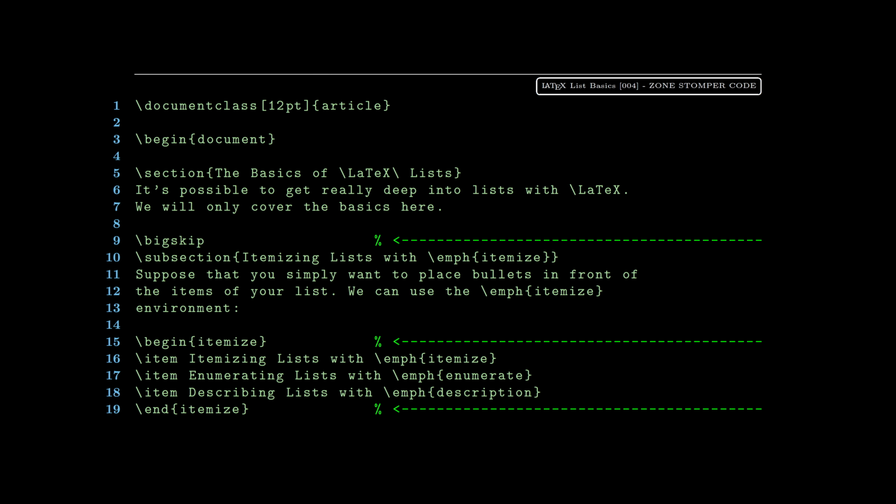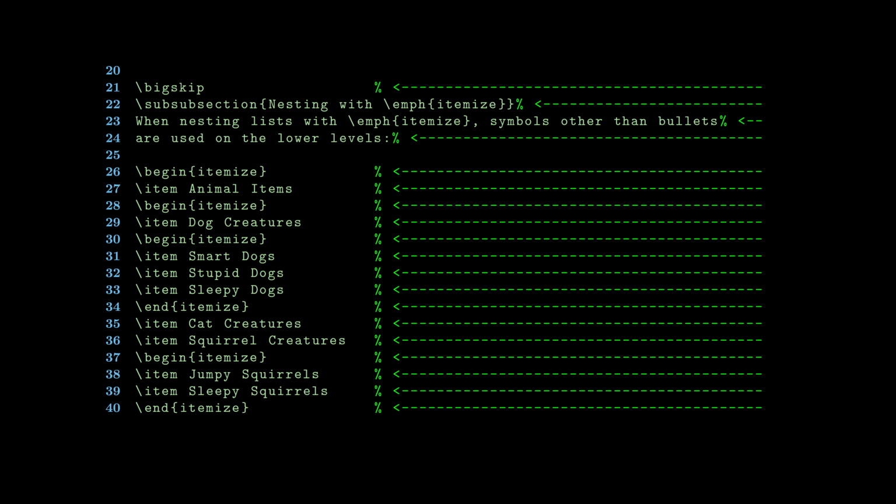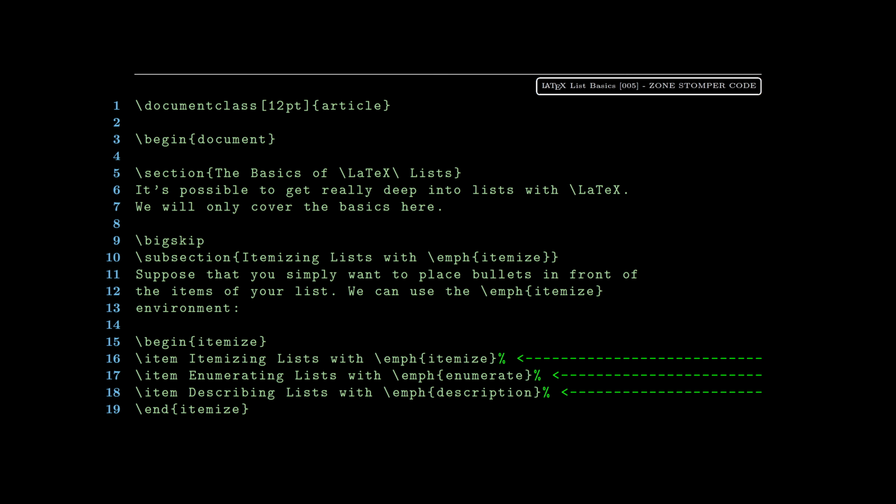Okay, and next what we're going to do is look at nesting within the itemized environment. So here you can see subsection 1.1.1. We've got bullets for the highest level. You can see with animal items and furniture items, we've got bullets there. But once you go one level deeper, that changes to a dash. And finally, one level deeper than that, we go to stars. And I'm going to show you how to change those symbols, the bullets and stars and such. That's not something you need to stay with. You could change that if you like. Okay, so